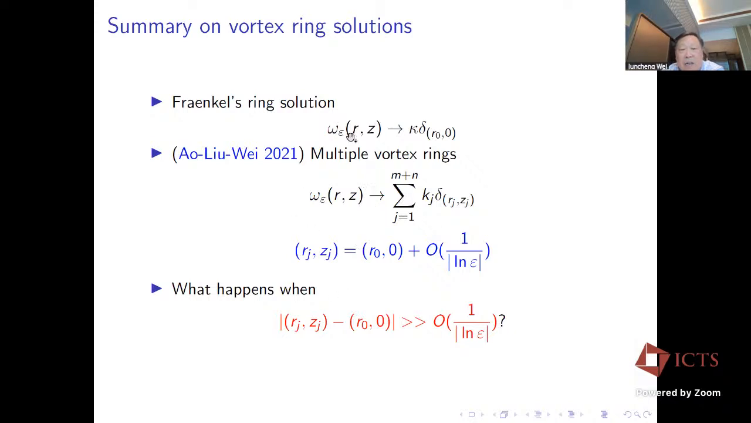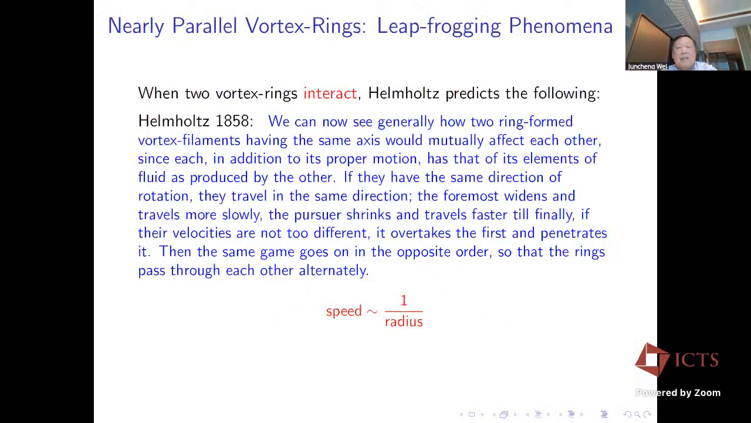So the final part I want to discuss is what if we have 2 parallel rings and they are very close, and what is the dynamics? And this is called the Helmholtz conjecture. So when two vortex rings interact, Helmholtz in 1858 conjectured that if we have 2 vortex rings, they travel in the same direction, and they will mutually affect each other, because in addition to proper motion,